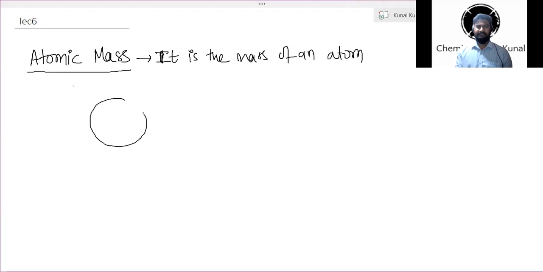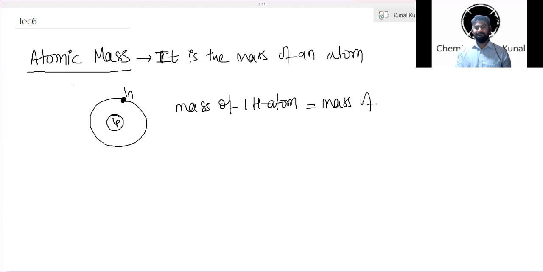So in any atom, let's say as small as hydrogen. In a hydrogen atom, we have one proton in the center, one electron revolving, and no neutrons. So if I try to find the weight of this hydrogen atom, what would it be? If I try to put it on a pan and find the weight, it will be the mass or weight. In chemistry, they're the same. So the mass of one atom, please focus. One hydrogen atom will be nothing but the mass of proton plus mass of